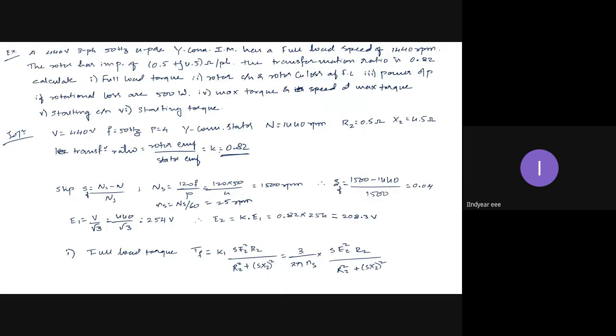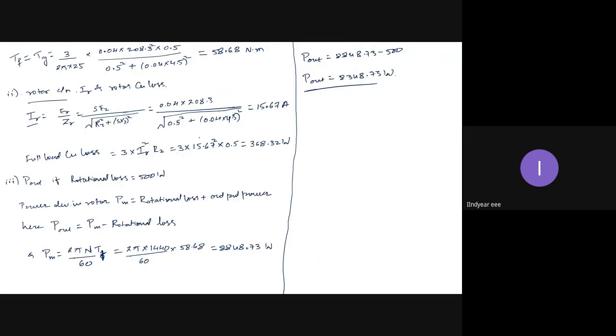Okay. Then the next part is the maximum torque and the speed at which maximum torque occurs. So maximum torque and speed at maximum torque. How can you get maximum torque? T max is equal to K1